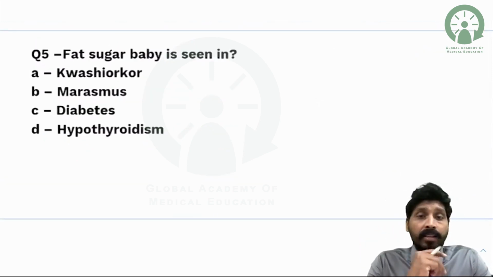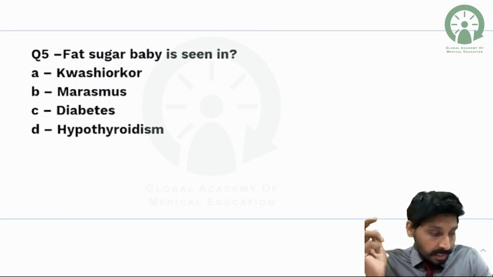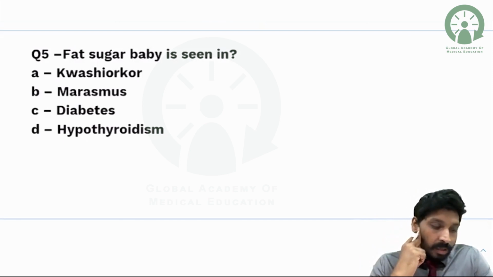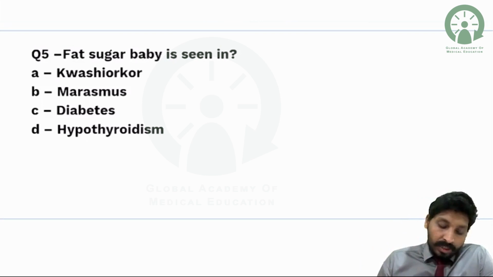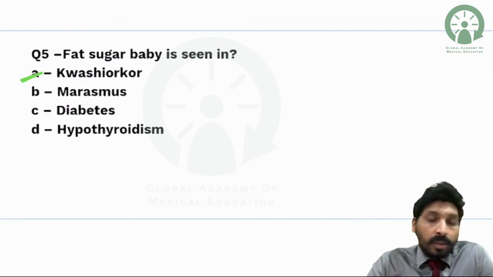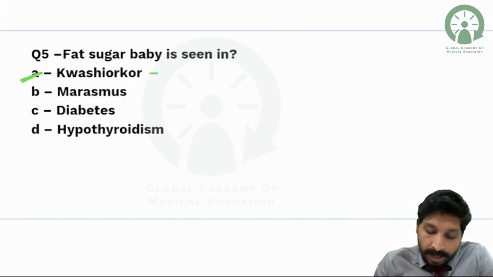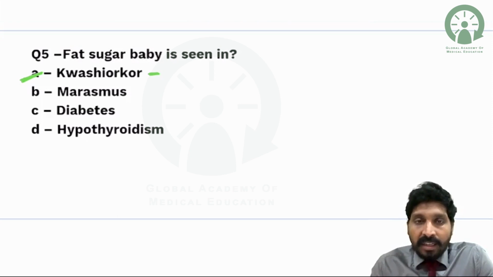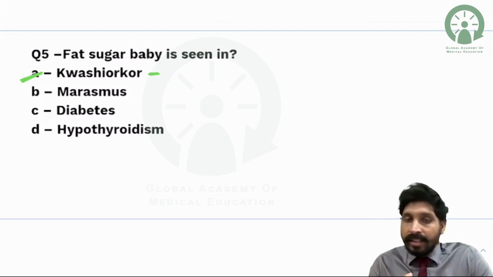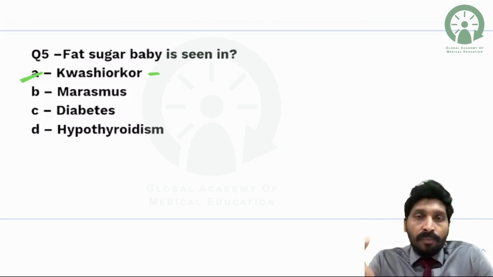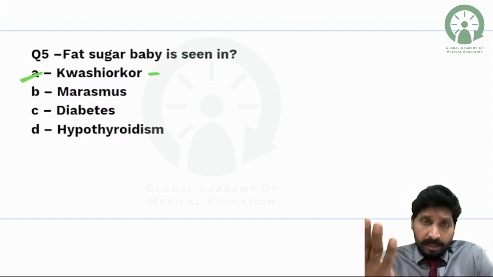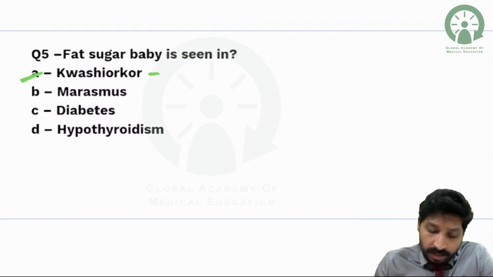Fat sugar baby is seen in, so options: kwashiorkor, marasmus, diabetes and hypothyroidism. So fat sugar baby you can make out in, it is kwashiorkor. So the option is kwashiorkor. Why? Because calories are maintained, but the quality of food is not good. Here the baby is consuming a good amount of food, but is not maintaining a balanced diet, in the sense it is all supposed to be good amounts of carbs, proteins, lipids. But here the baby is consuming only calories,